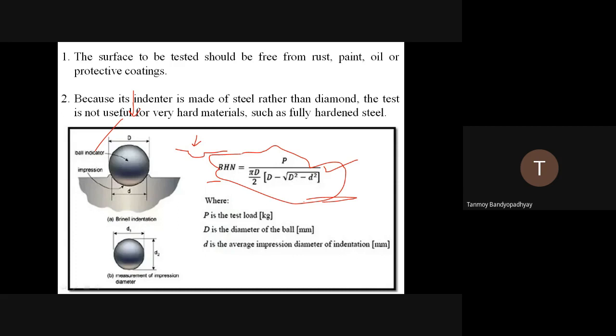Small d is something that you can measure using the Brinell microscope, and capital D is something that you would measure using a vernier caliper. You can measure the indenter. Oh yeah, that is given. Capital D value is actually available with us, since it is a steel ball indenter. That is a very basic thing. That value is available, but small d is something that you have to measure.